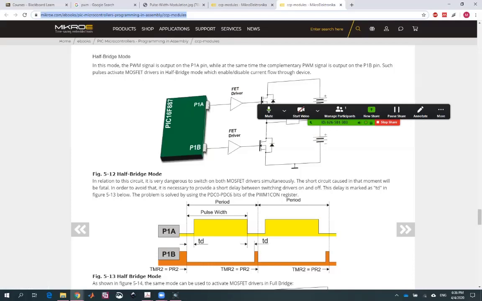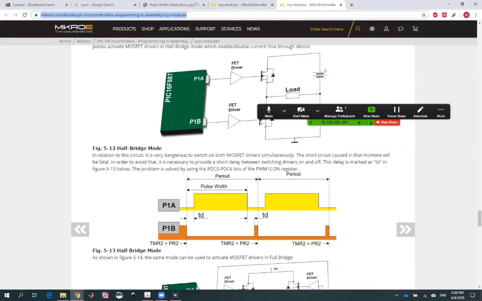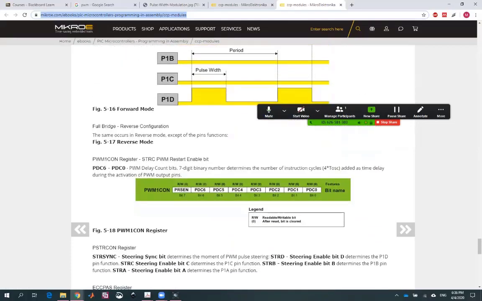You can read this chapter. You can read the explanation given here for using the CCP module. This chapter is based on PIC18 microcontrollers, but most of the concepts are the same. You will find small differences in bit names in different registers. So complete this activity, and you can submit it